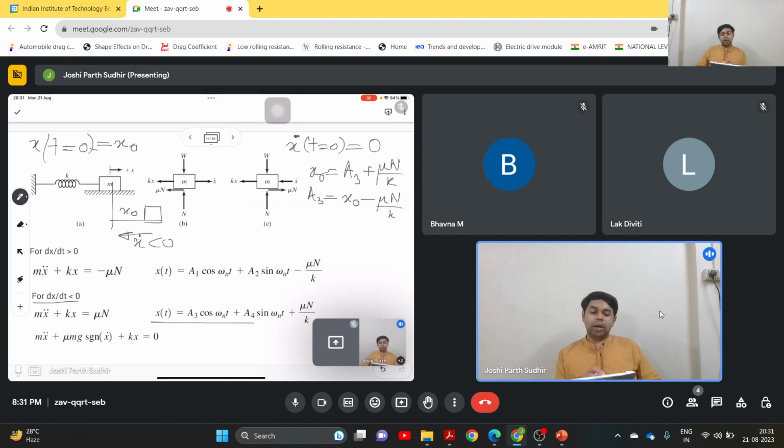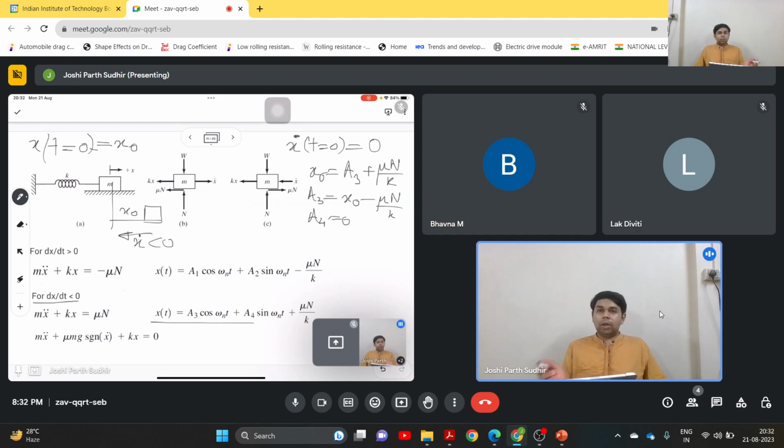And since we have been given that x dot at time t equal to 0 is 0, if we differentiate this equation, we will get a4 is equal to 0 by substituting x dot at time t equal to 0 is 0. Now if we want to find out what is the extreme leftmost position that the mass can attain,